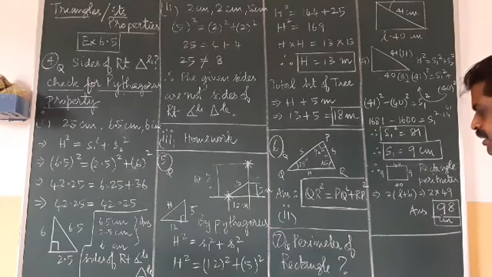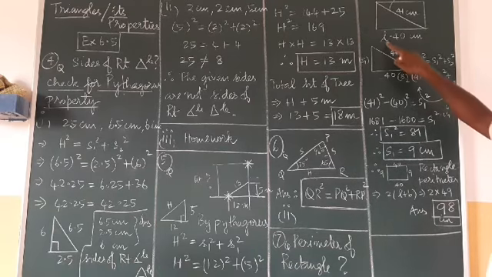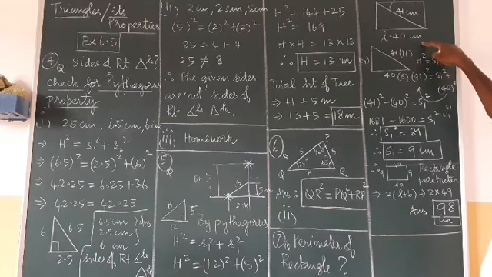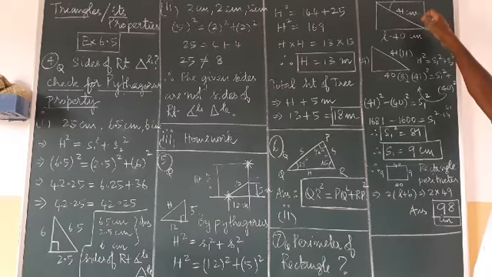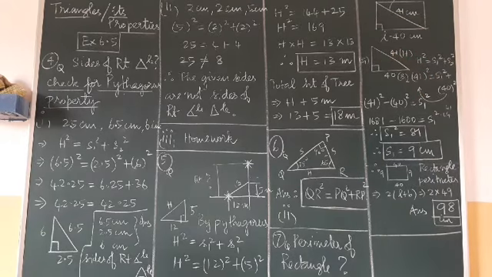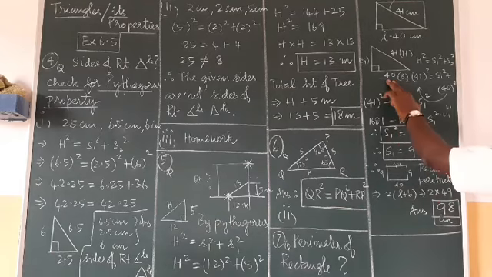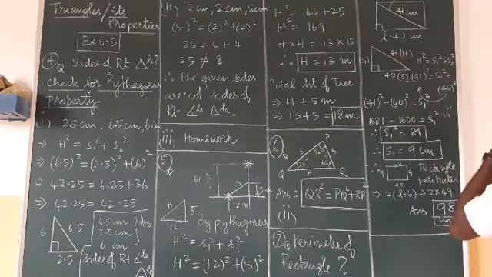So the seventh one, perimeter of the rectangle. Find the perimeter of the rectangle when the length of the rectangle, 40 cm, is given and the diagonal of the rectangle, 41 centimeter, is given. Rectangle means this angle will be 90 degrees. So one side value we know, 40. The largest side, the hypotenuse, we know, 41.